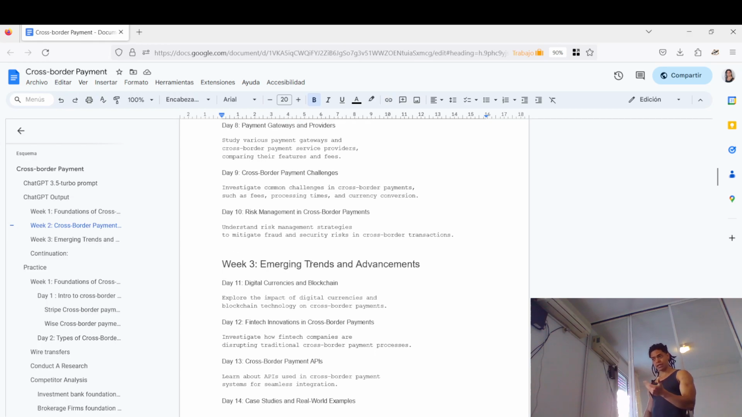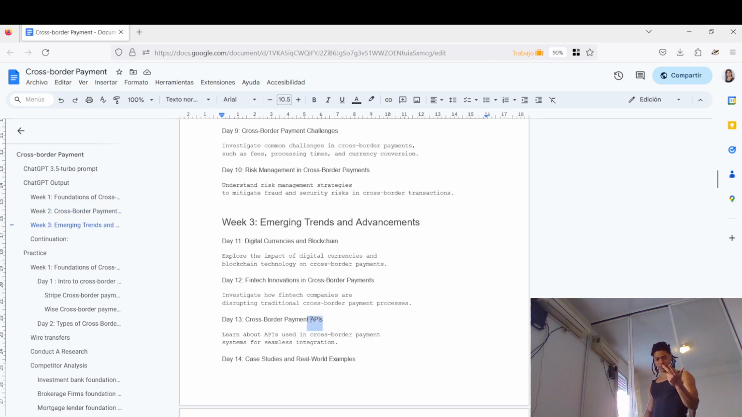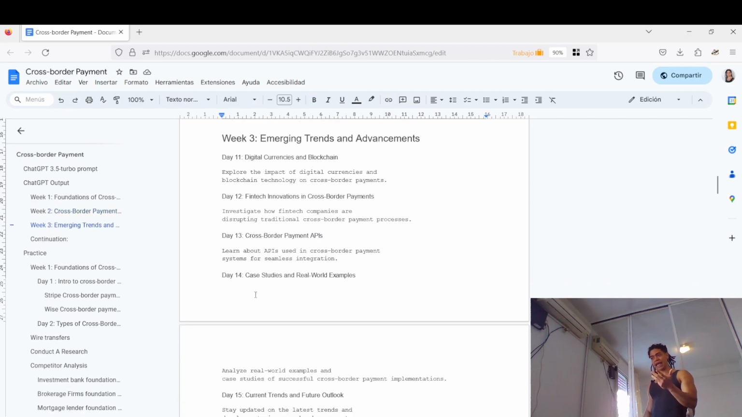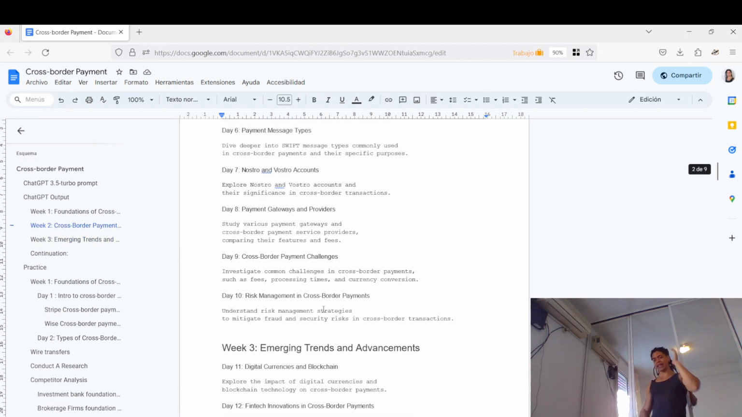And on week three, emerging trends and advancement, digital currency and blockchains, fintech innovation in cross-border payments, cross-border payments API, something that I'm quite familiar with, case studies and real-world examples, right? As well as the current trends and future outlook. So the TLDR,